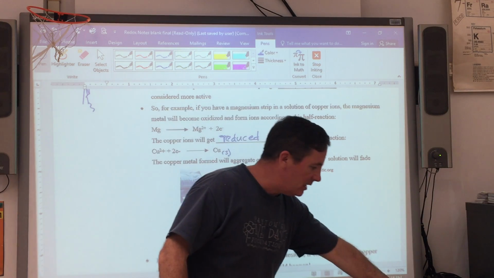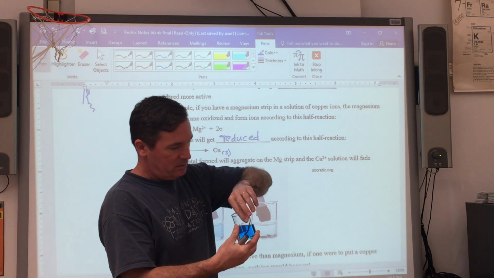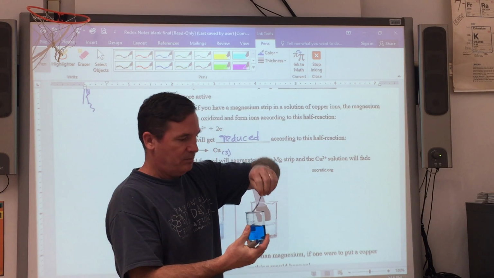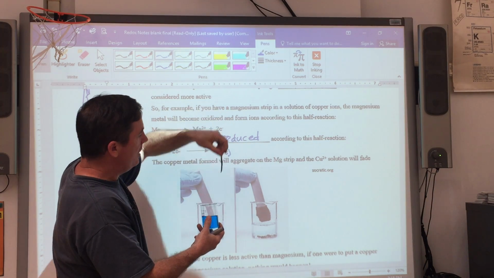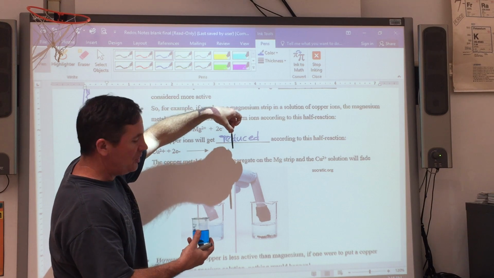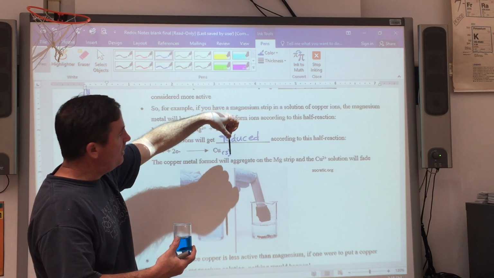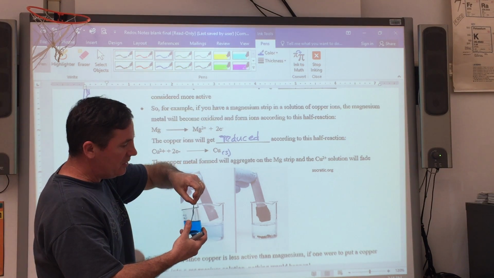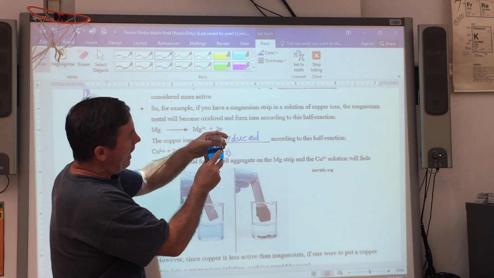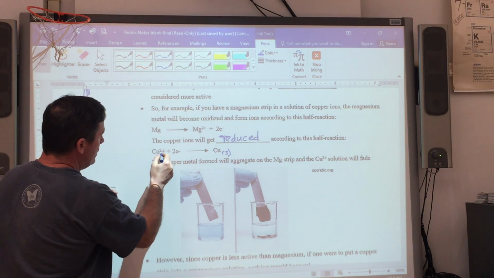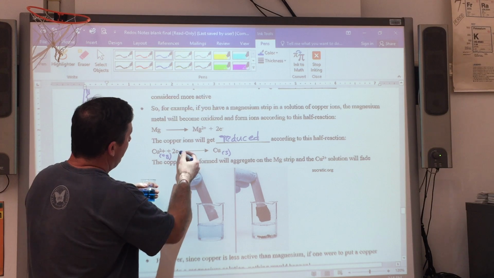So what you're seeing here is, you can kind of see, it's a little hard for you to see, but this is a little bit of a reddish color because copper has a red color, like a penny. So if I leave this in here long enough, it will draw off the copper that's in the solution. So this is aqueous. It's picking up the electrons from the zinc,